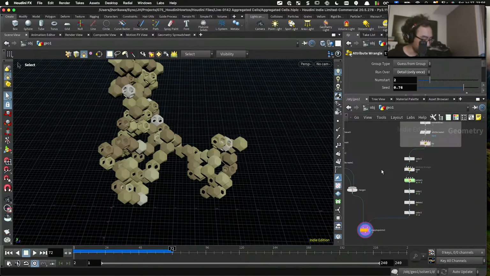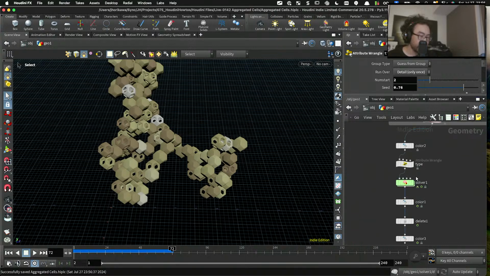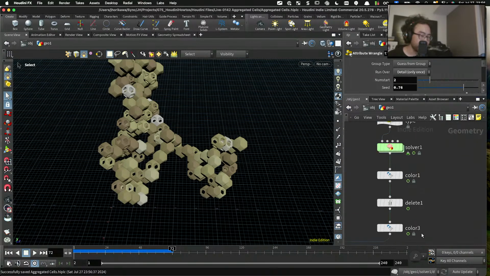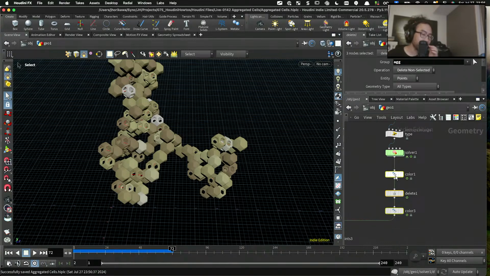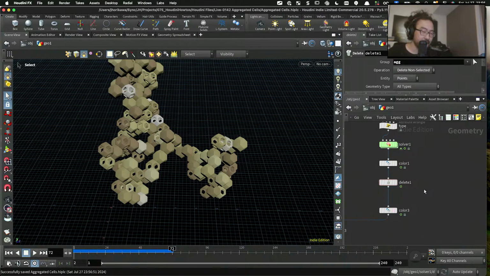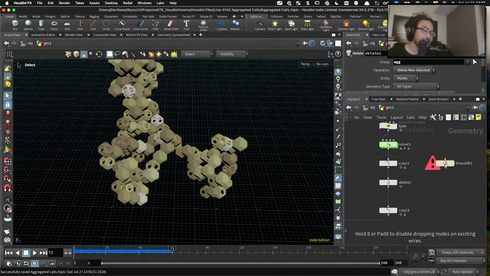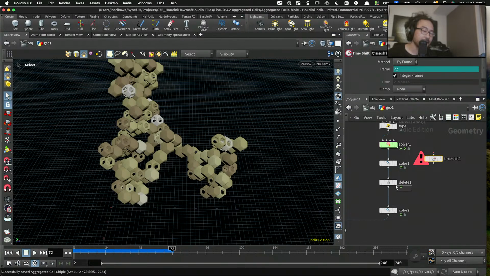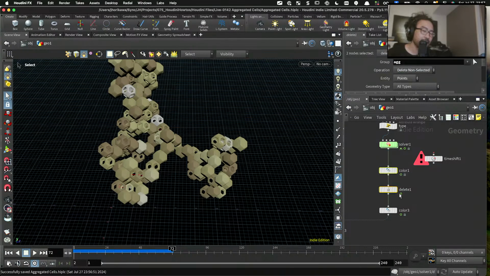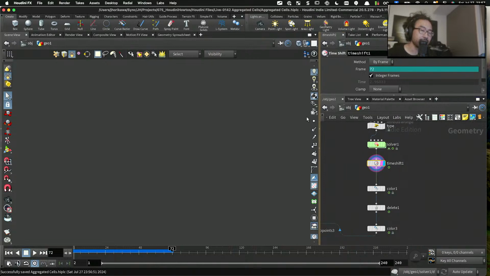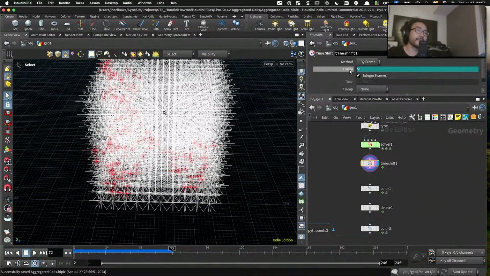Okay, so to do that, I can do it inside a solver, or maybe I can do it as a post-process step after the solver. I think for this case it will be easier to set after the solver, so let's do it that way. What I'm going to use is Time Shift. And Time Shift can pack multiple frames in one frame,